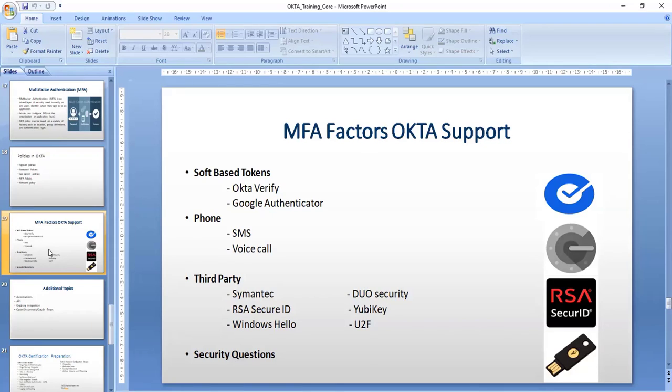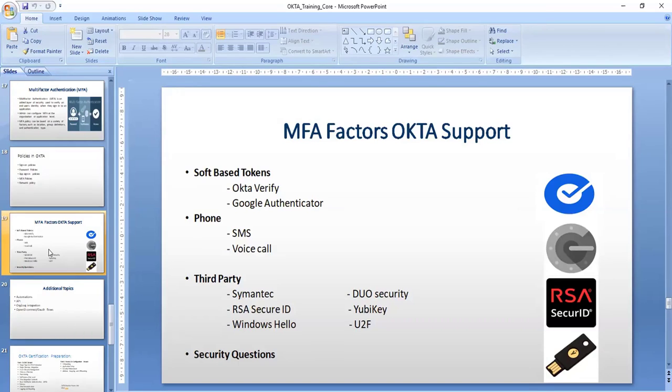And with the help of a phone, if you have a phone, you can achieve it, for example, SMS and voice call. So likewise you have different options to configure MFA for your organization.